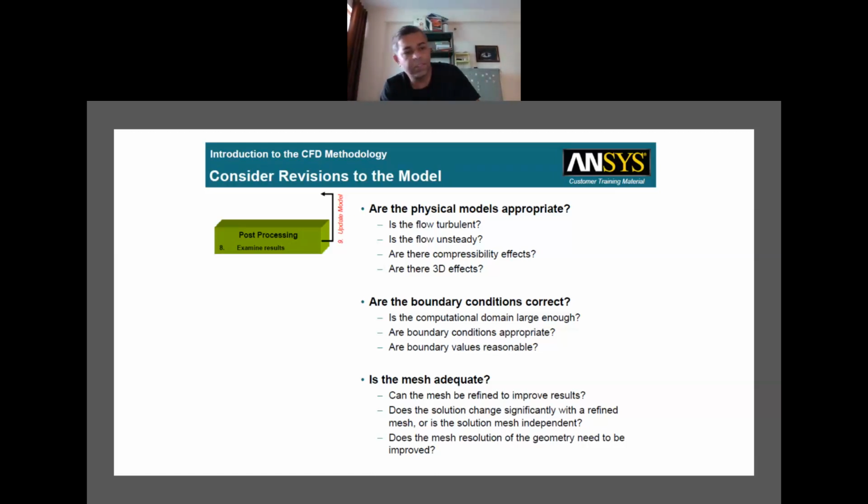ओके। अभी तक का कोई डाउट? No, sir. ठीक है।